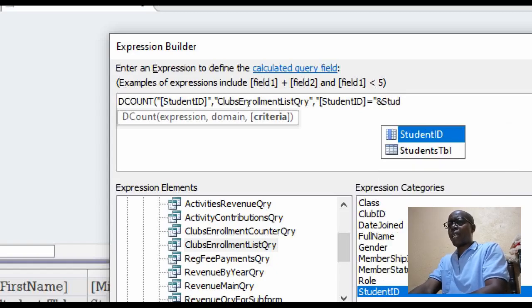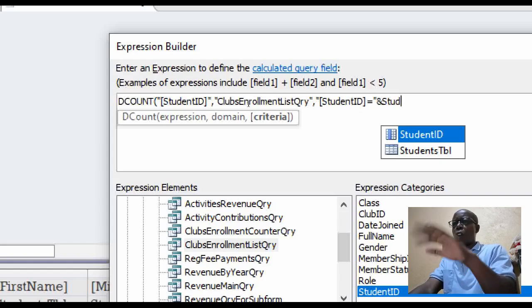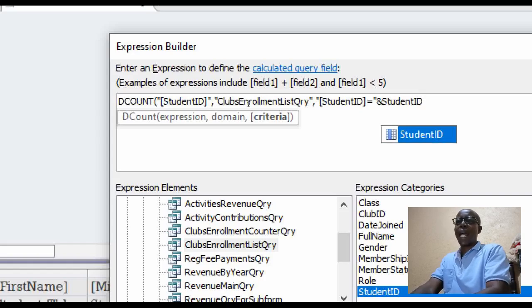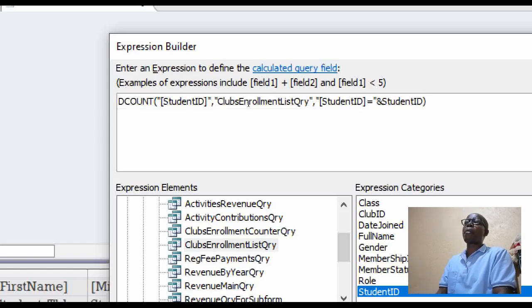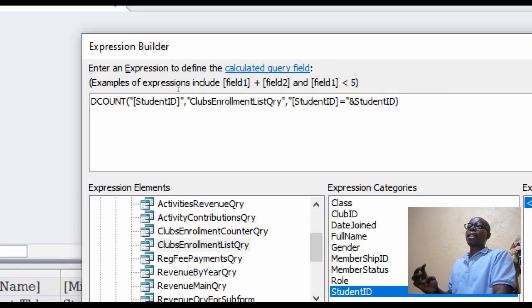So if you have a problem with whatever I am typing here, about 2 previous videos or 3, it is now becoming a common statement that we have been using. That's why I'm not explaining so much of what I have typed. So dcount counts the number of times that student ID is appearing in clubs enrollment QRY based on the criteria.